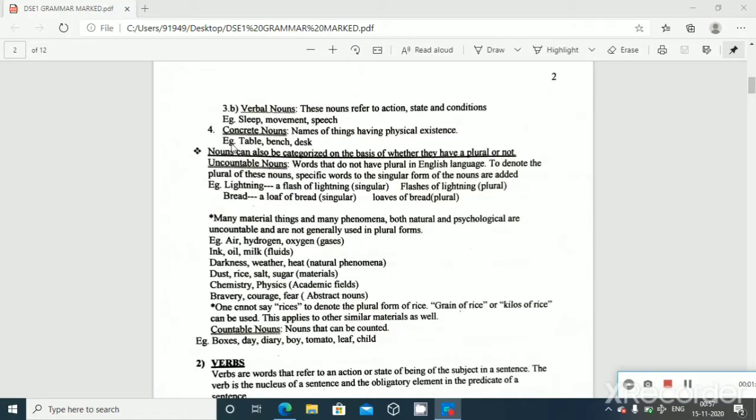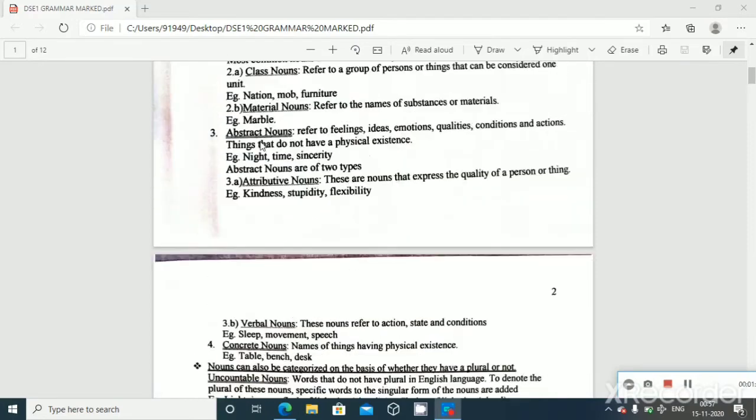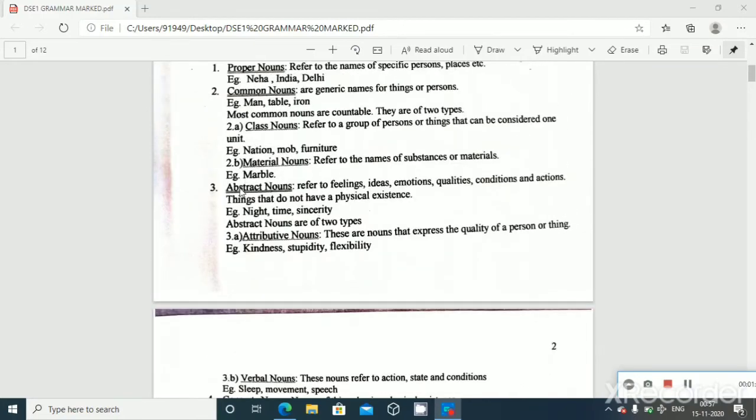For example, table, bench, desk, all these are under the category called concrete noun. Concrete, those things which have physical existence, and we refer to their name, come under the category called concrete noun. Now it is better for us to go back to the third category, or abstract noun, whichever order it may be,